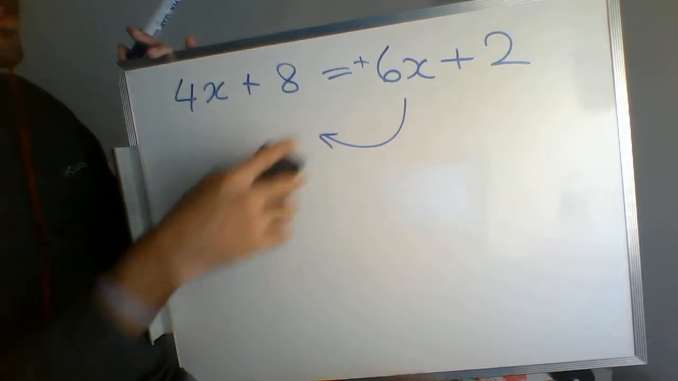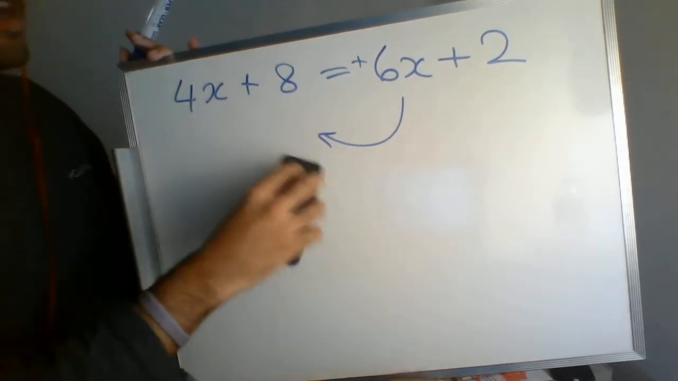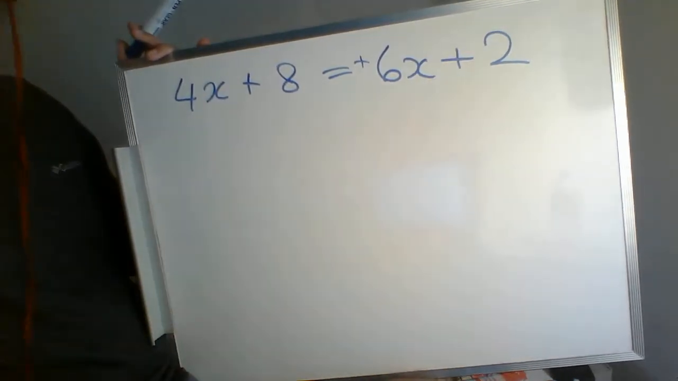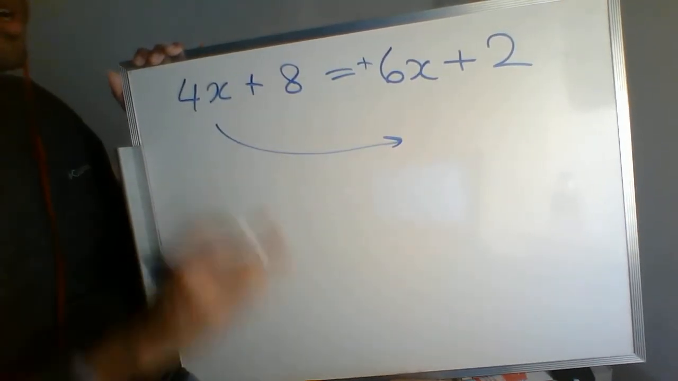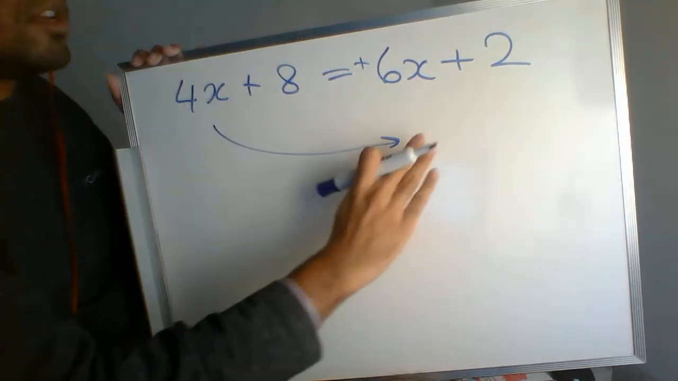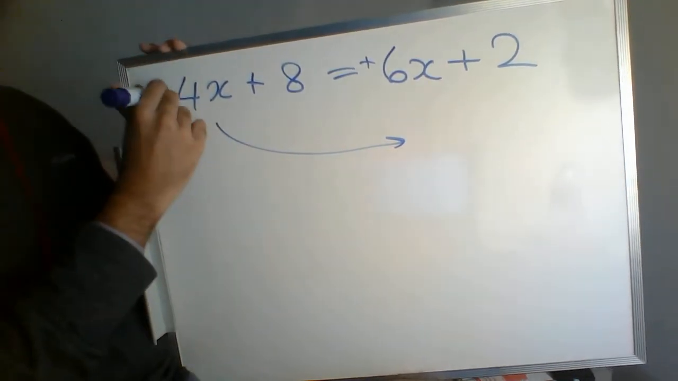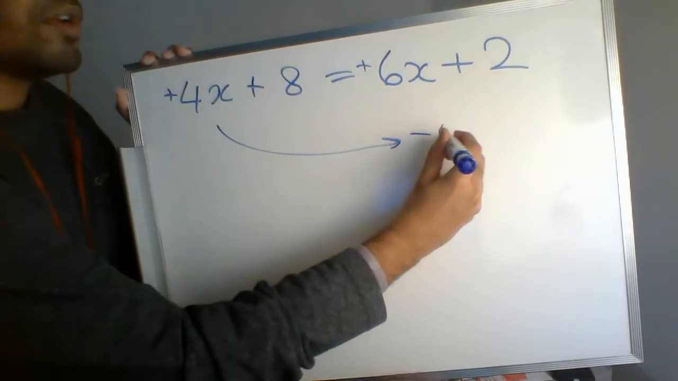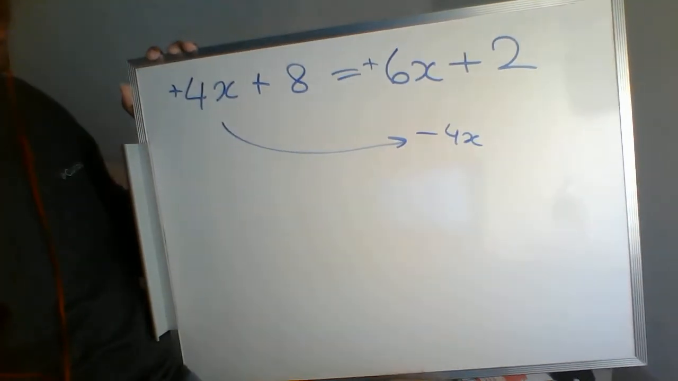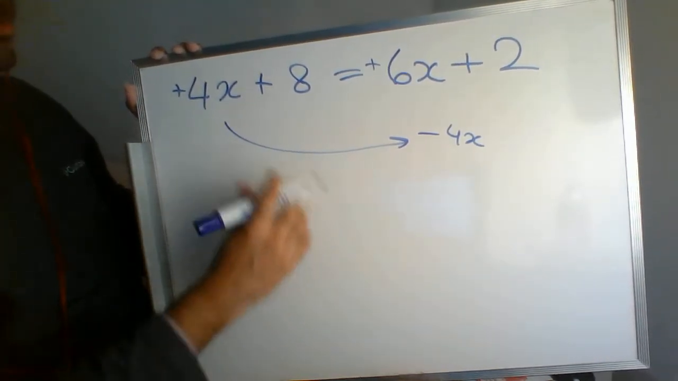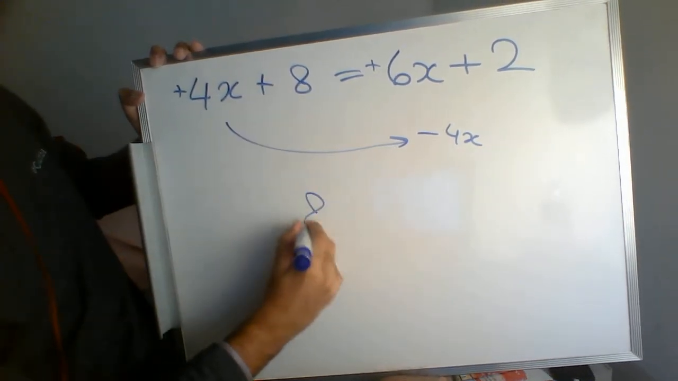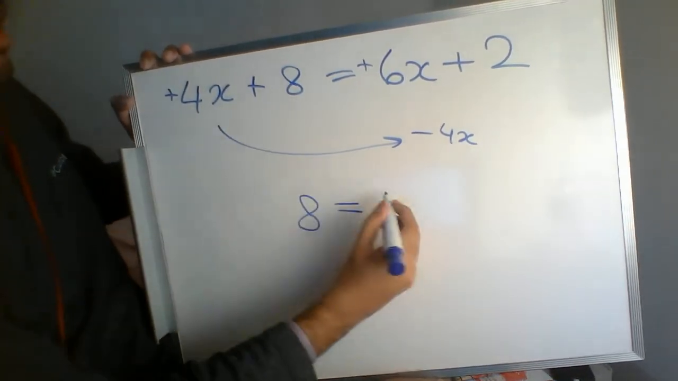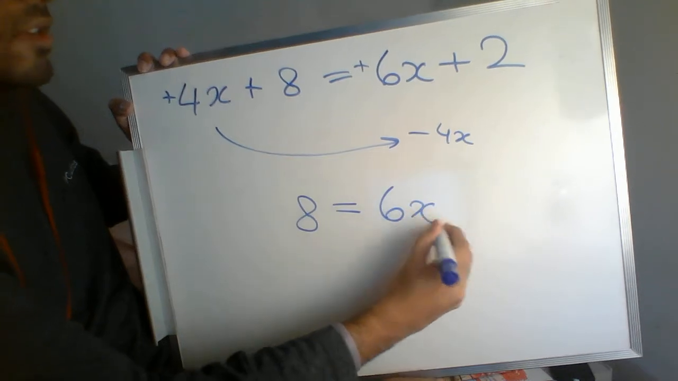So instead of bringing the 6x over here and making everything negative, I'm going to instead take my 4x and I'm going to chuck it over to that side. Alright, because I want all the terms with x's to be on the same side. So here it's a positive 4x, so when I throw it onto that side, it's going to become a negative 4x. So I could write my next line as, if I'm getting rid of the 4x from here, I'm going to just be left with having an 8 on this side. And then on that side, I'm going to have 6x plus 2